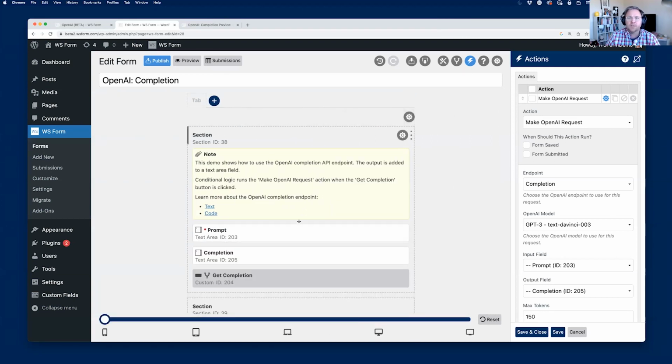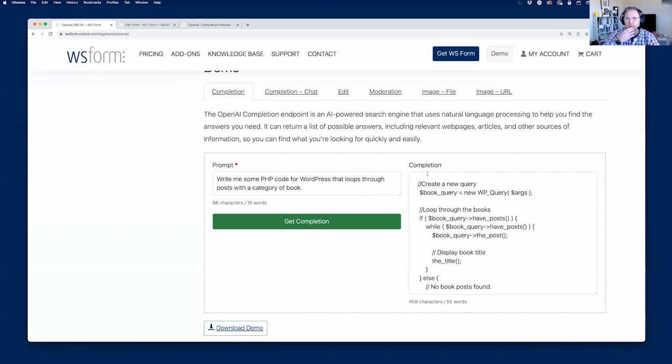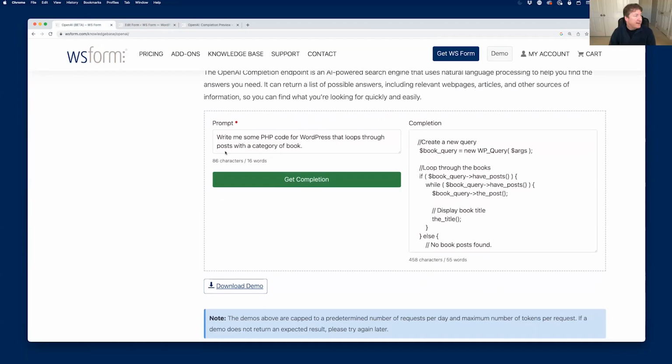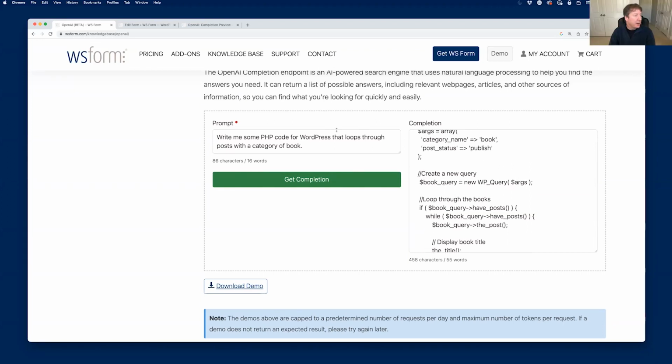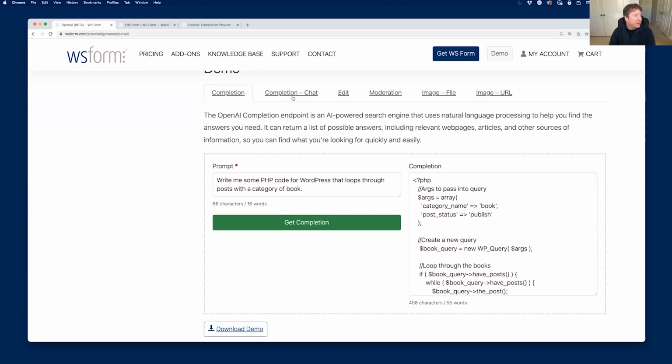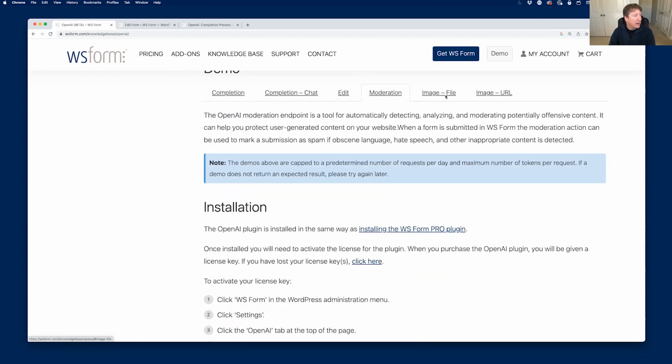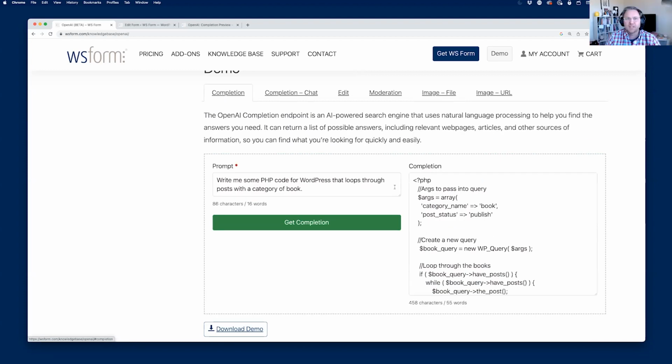So like this example, what does the front-facing website person say or do? It'll look pretty much like this demo. Yeah, I got you. So this is actually a WS Form on our knowledge base page. Okay, so gotcha. This is not an OpenAI component. This is actually WS Form, and we've just created these demo forms to show you what it may look like. I gotcha. But again, you can make that look however you want. You can style it with CSS. You can use our styling tools for that if you want to change the columns. Yeah. So really, it's completely flexible in terms of how you want it to look.